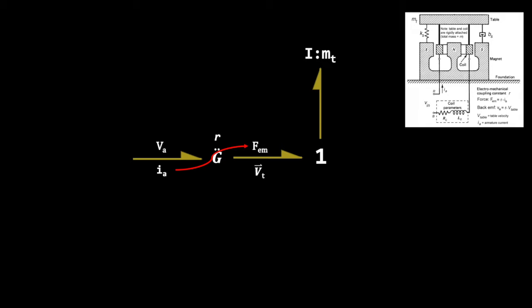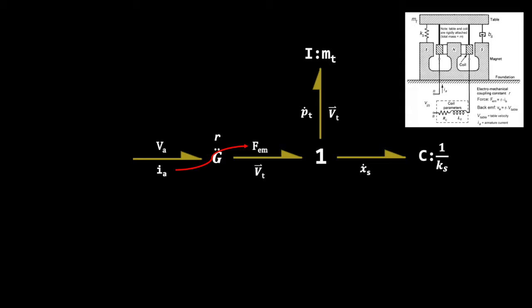Next, the next power bond is to show the first state equation of the system, which will be the momentum of the table. And once again, as also previously discussed, a state just represents a physical property of the system. So the physical property of mass in this case would be momentum. The next power bond on the one junction shows the power that is delivered to the spring system, represented by spring constant Ks. The second state variable is the spring displacement, represented as Xs,